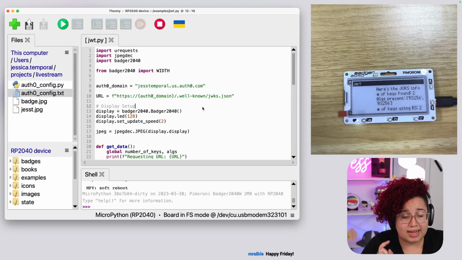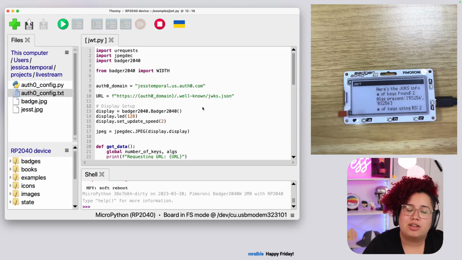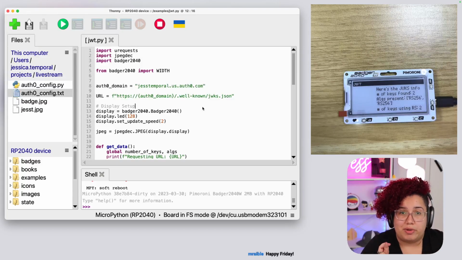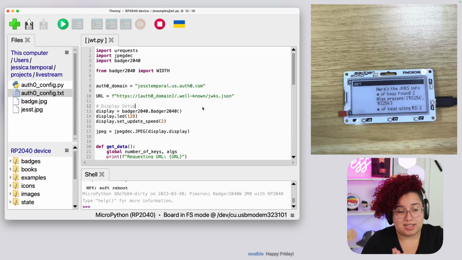So last time we did JWKS files because I wanted to test it out, see if it worked, and I managed to make the request to Auth0 to get the JWKS file for my tenant. And today we are trying to get the access token, and if everything works out, we are going to be able to make a protected API request to that API that I just redeployed. Without further ado, let's get things started.